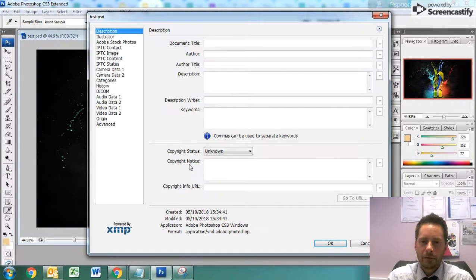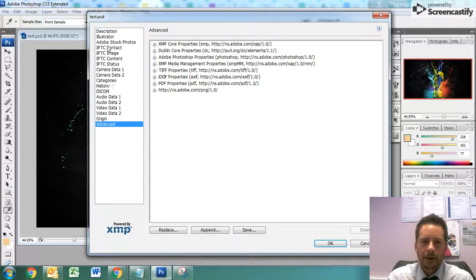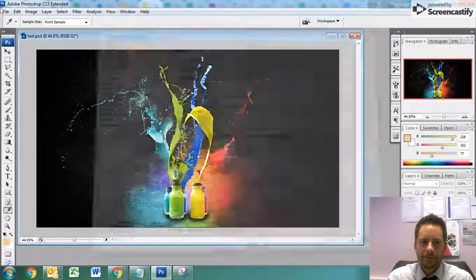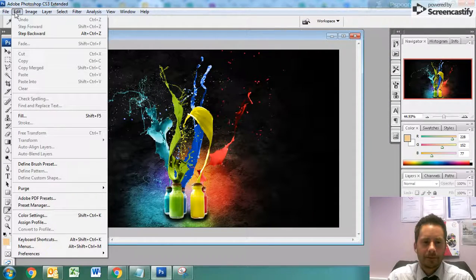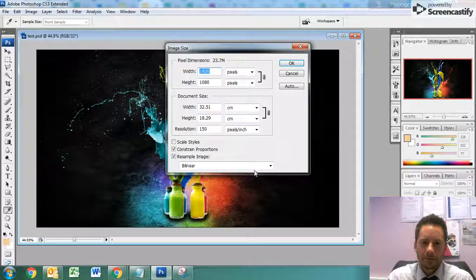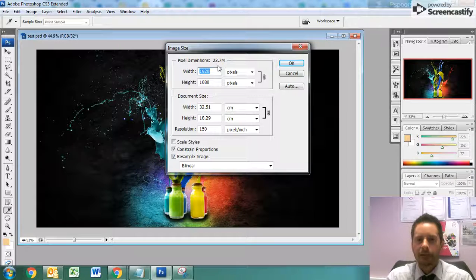Go to file info, and hopefully in here somewhere it's going to tell me the file size. Maybe it's not. There we go. I found it in image size, and it's now